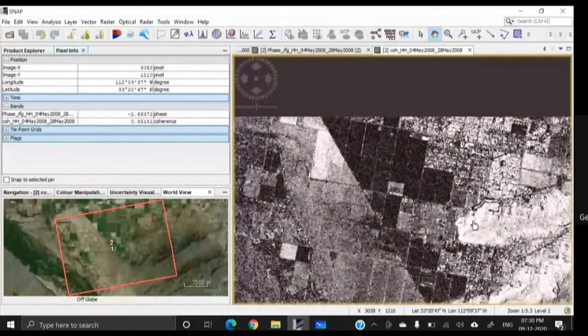Different phases can also be obtained within the range, as I told you, of minus 3.14 to plus 3.14, minus pi to plus pi.